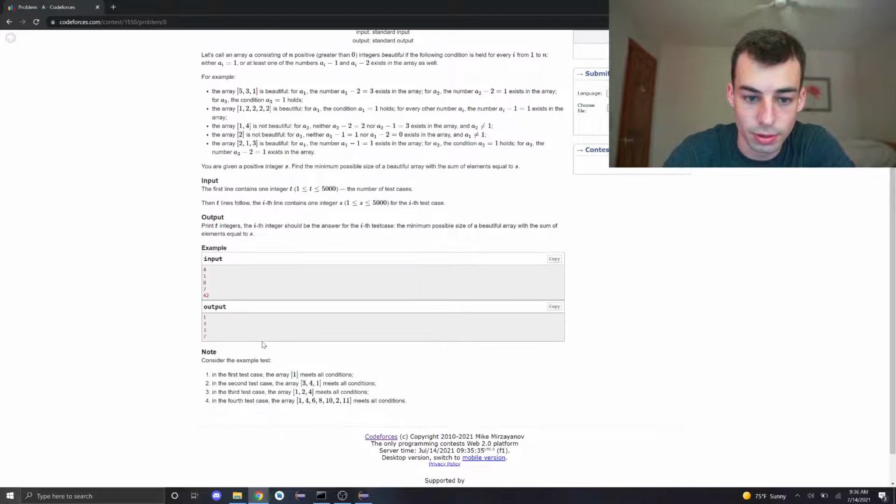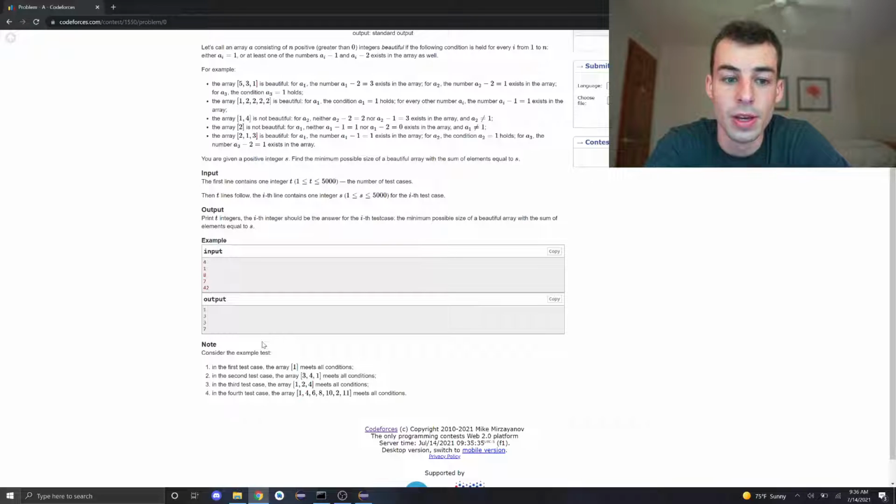So this is, oh wait, what are we printing? So print t integers. The ith integer should be the minimum possible size of a beautiful array with sum of elements equal to s. I see. Is it always possible? So your sum of elements, what's the biggest you can get? So you can have,